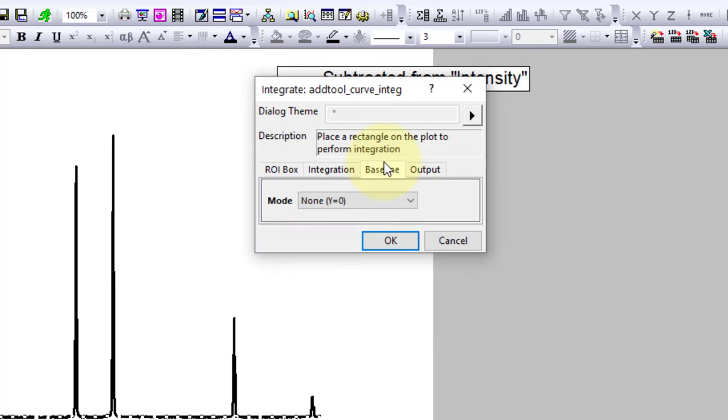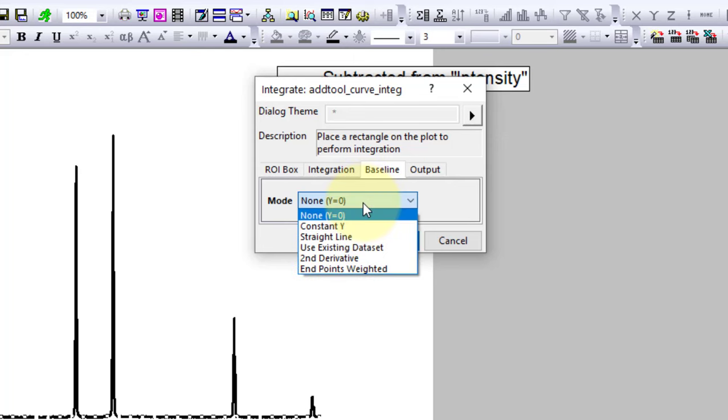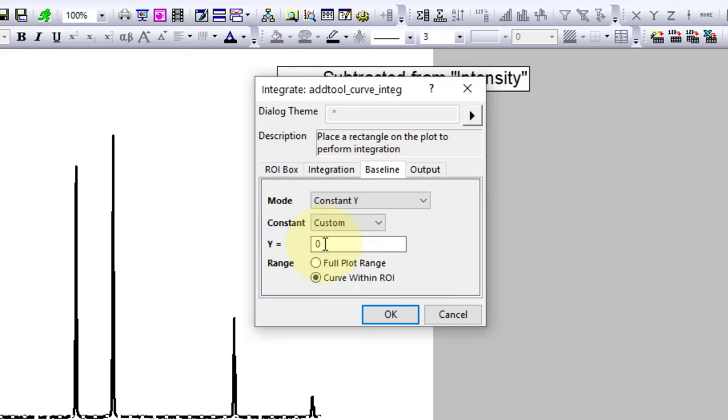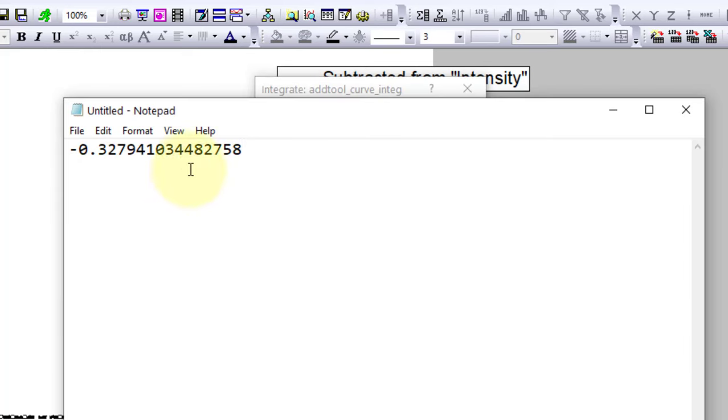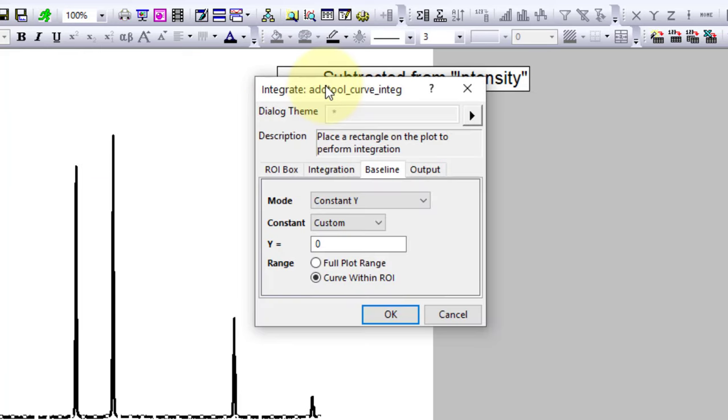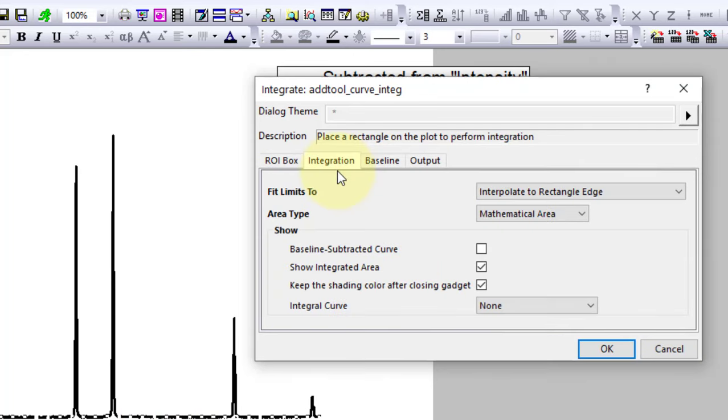Now go to the baseline, and here I will have to select the value, and this value is constant. And now I go here and I select this value, and I paste this one for the consistency with the other area. And now the baseline I have selected is constant, and now I select OK.